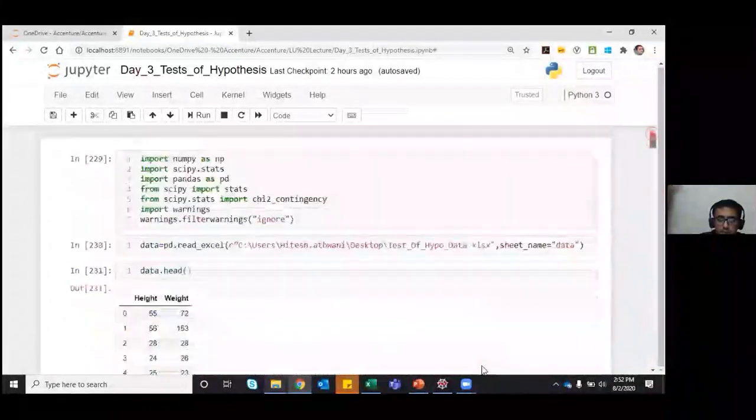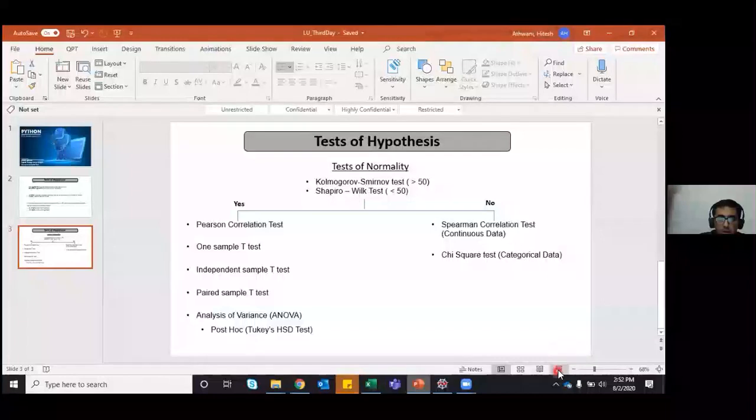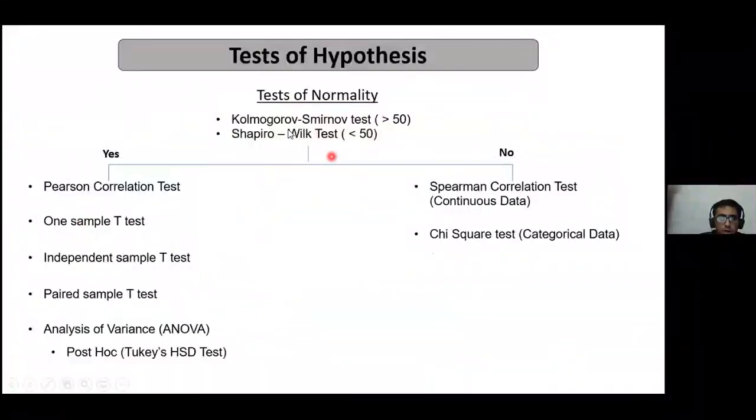But I hope you have understood: whenever we have normal data, we go for the Kolmogorov test. If my sample is more than 50, we go for the Shapiro-Wilk test. If it is less than 50 and normal, we go for the Pearson correlation test. If it's not normal, we go for Spearman's correlation test for continuous data, and the chi-square test for categorical data.